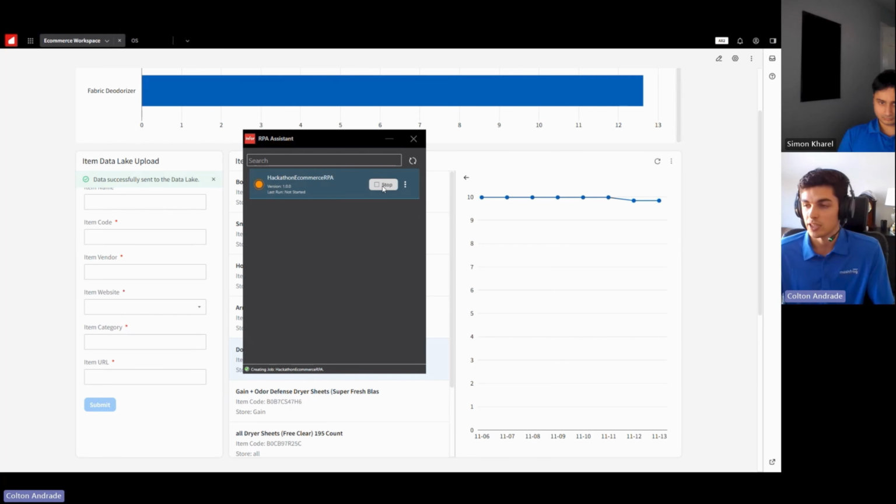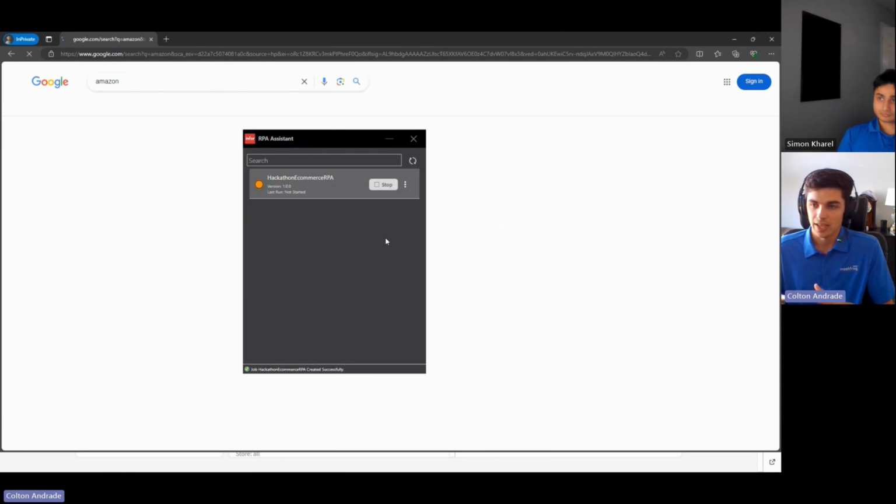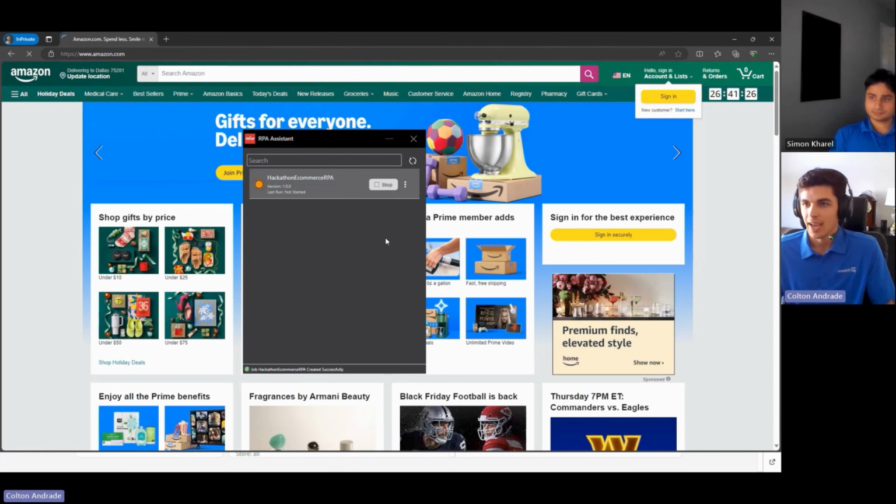I'm going to click on run here, and what it's first going to do is look at the data lake and query that to get the list of products that are listed out to be queried for their pricing. Then after it gets that information, it is going to go out into the web. It is going to navigate to the first website, which is Amazon in this case,